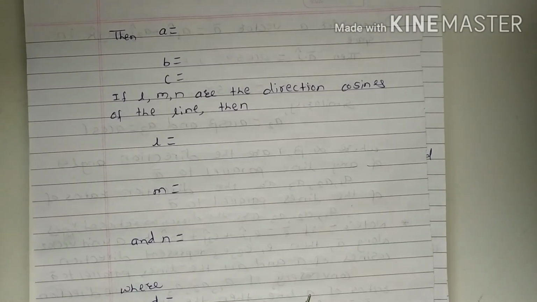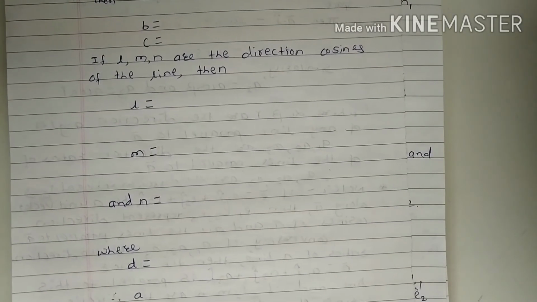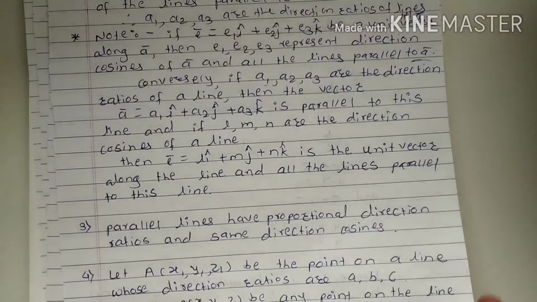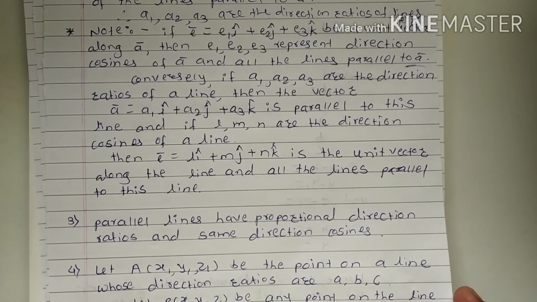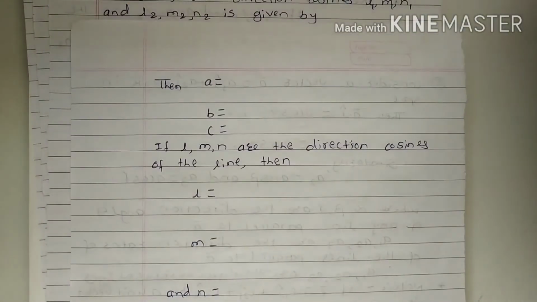The distance D denotes the direction cosines of the line, and hence the D bar is the vector from point D to point A. Then the value of A we denote,